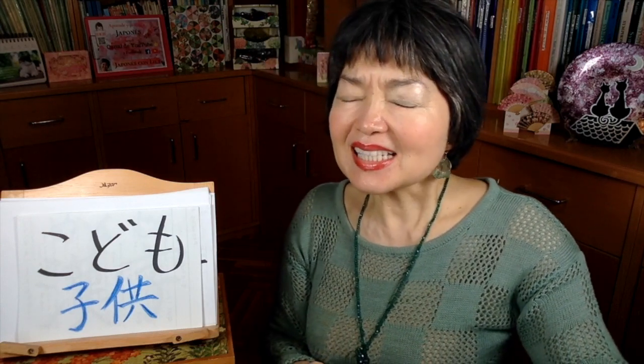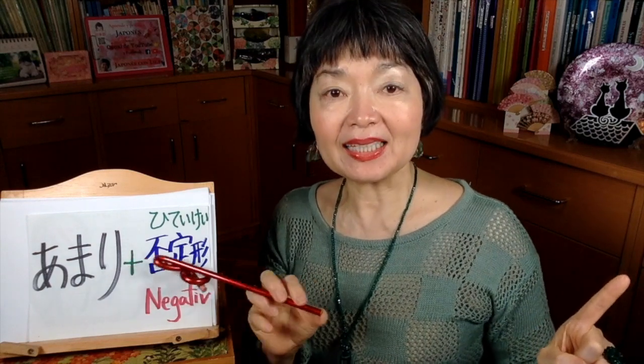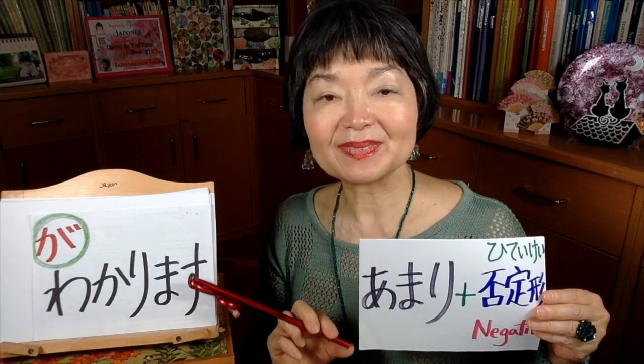Now the example with the verb. 子供は漢字があまりわかりません。Children don't understand so much 漢字。子供 means children. あまり, not so much, then I must use the negative form of わかります, I understand. わかりません, don't understand. 子供は漢字があまりわかりません。Children don't understand so much 漢字。